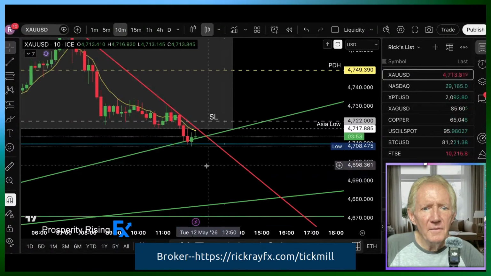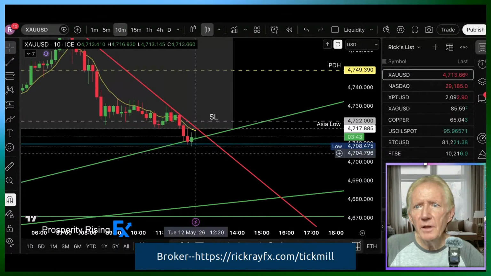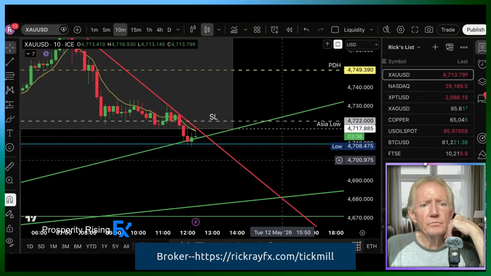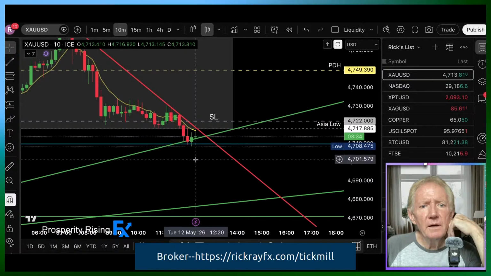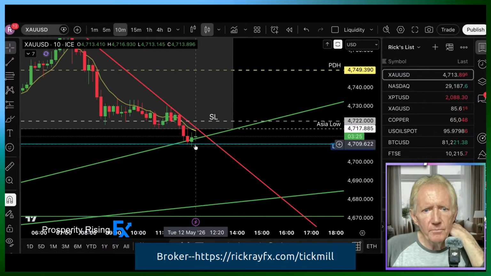So now it's just gone up and touched that EMA and didn't quite hit the trend line. So you might call that a bounce. And now if we get a break below that, another 3.5 minutes to go and start going in the direction that we want it to. In fact, I would say, just being honest with you guys, I was a little bit early to take that trade